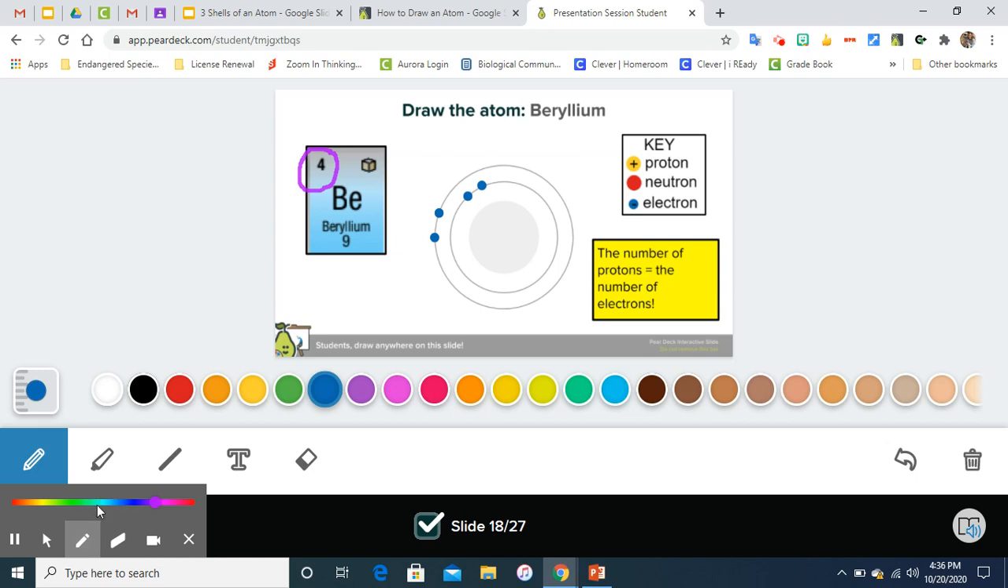I also know that the atomic mass for beryllium is 9. That means that there are 9 protons and neutrons in the nucleus total. Now, I right now don't know how many of those 9 are protons and how many are neutrons, so I'm going to show you what I'm going to do. I'm going to put 9 circles in the nucleus,